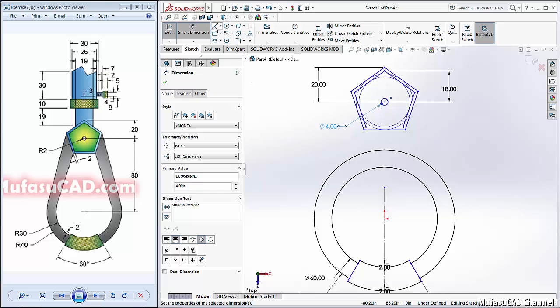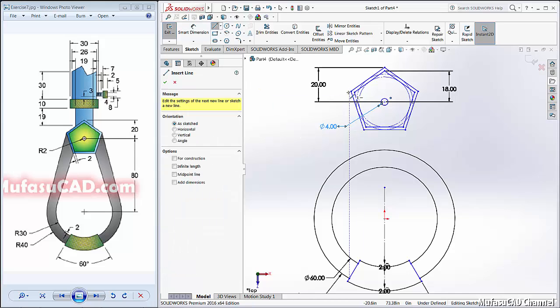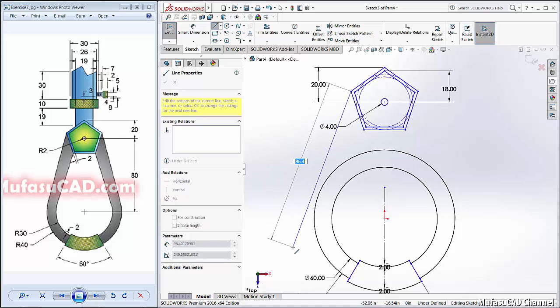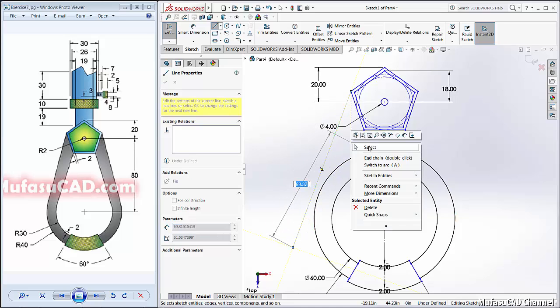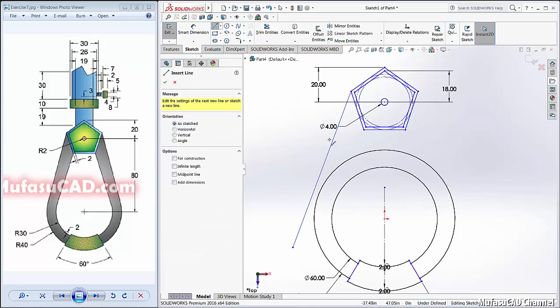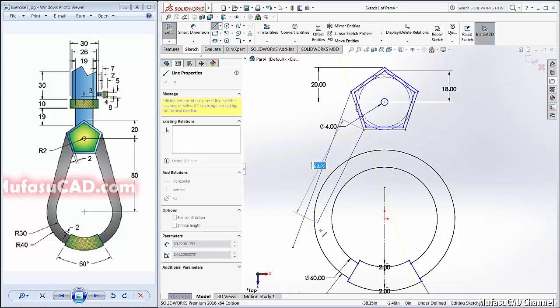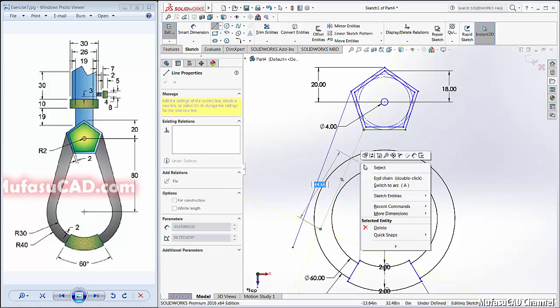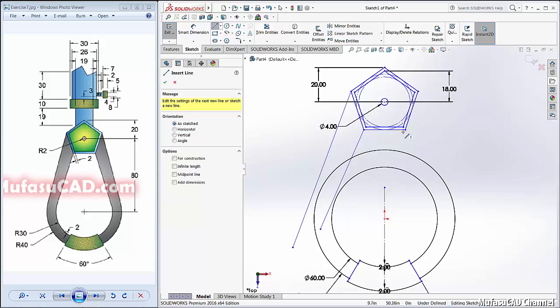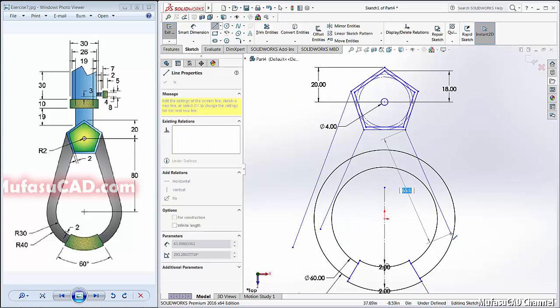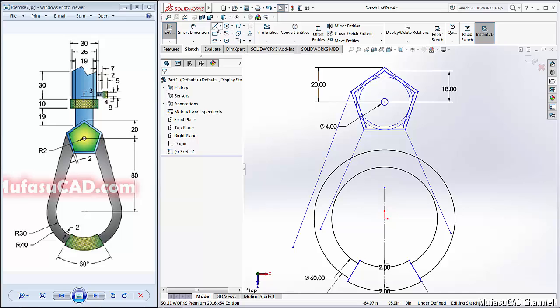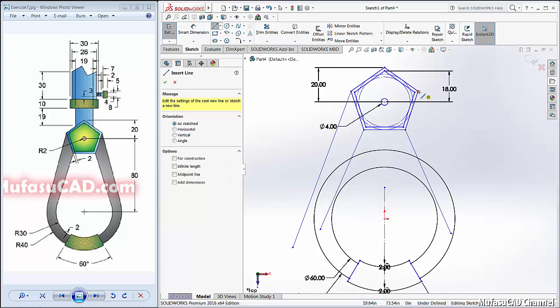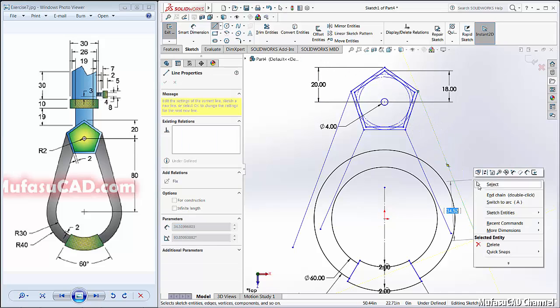Okay, use a line here, select first point here and the second point here, right click select. I will create 4 lines. Click here and click here, select the right line again in here, right click select and create again line from here to here, right click select.